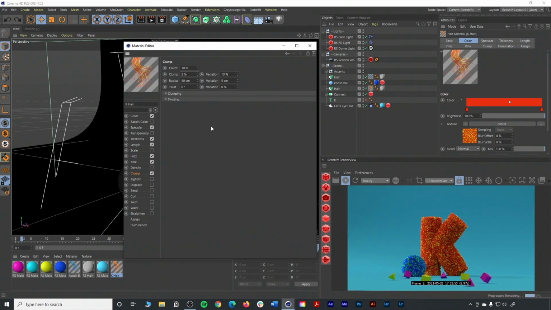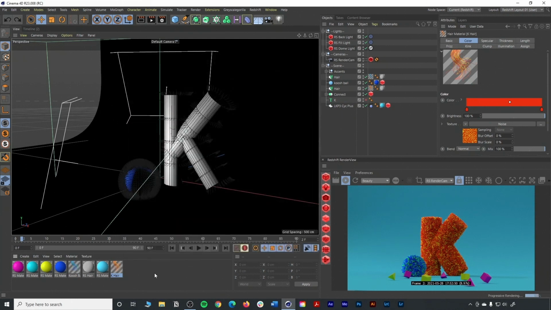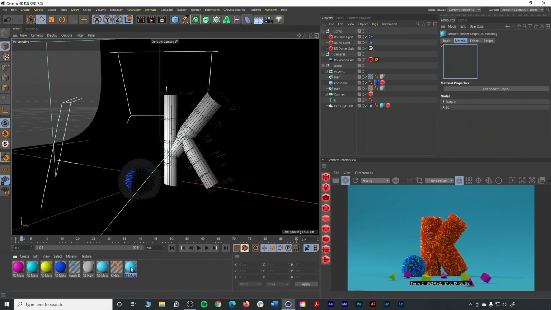Once I was done playing around with the hair materials, I noticed that there was a little bit of balding in some small areas, and I wasn't sure if that could be covered up or not, but what I ended up doing, and I think it did help a bit, was I duplicated one of my other materials in the scene, and I did that by holding down Control on my keyboard and dragging over to make a copy,